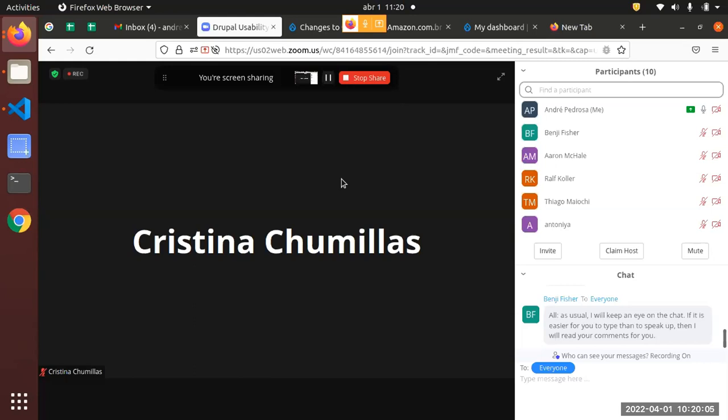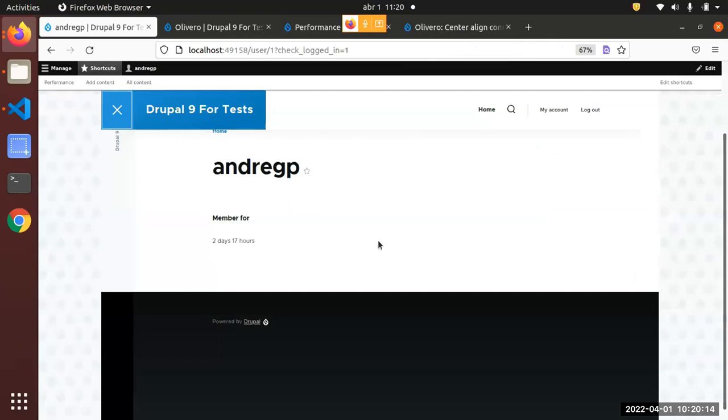They said, okay, so you can work on this and reopen the issue, so they could try to work on an option to center the Olivero theme, because many sites today use this layout as centered,